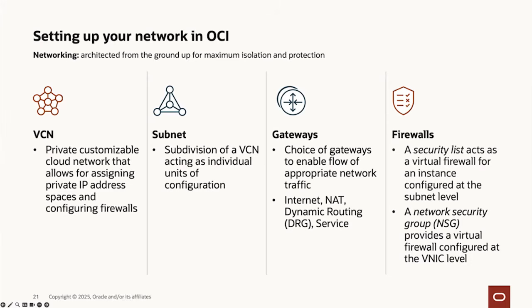And then finally, you have a service gateway, which lets your resources in a VCN access public OCI services, such as object storage, but without using the internet or a NAT gateway, so it does not traverse the public internet. And then finally, in terms of firewall capabilities, you have security lists and network security groups